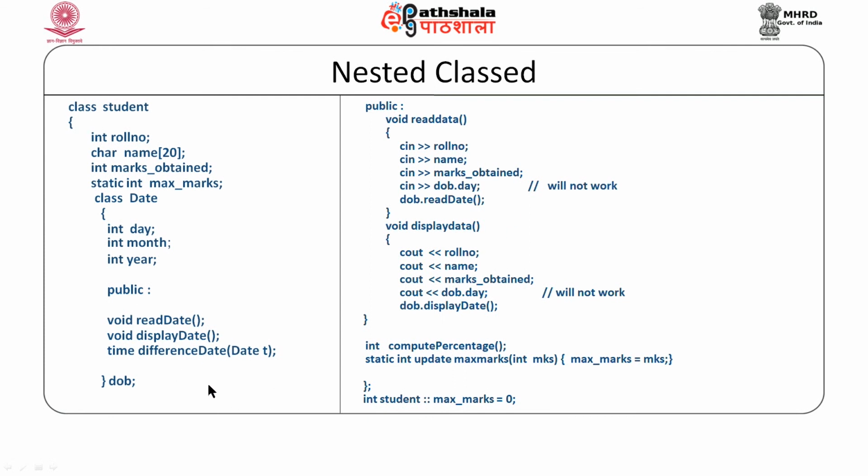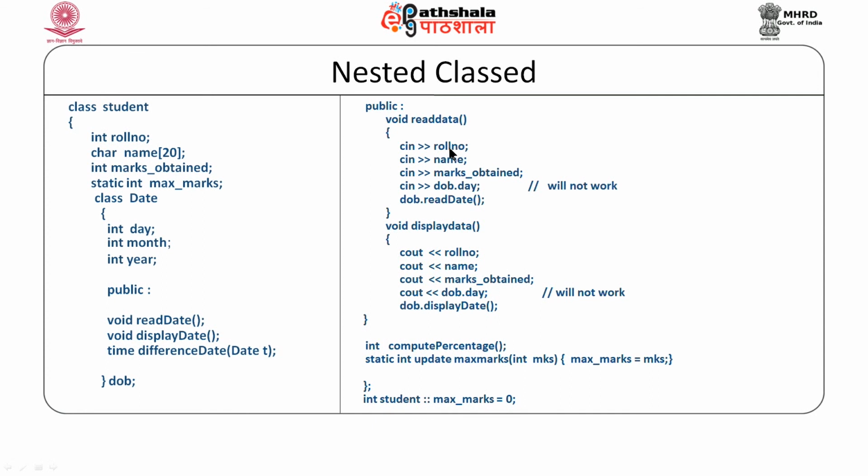class. Now, let us say if we want to read an object of class student, that we can do with the help of this function called read data. Here we can read the roll number like this, because roll number is the member of the student class, therefore, it is available to the member function read data. Read data is a member function of class student, all these members are accessible to it.